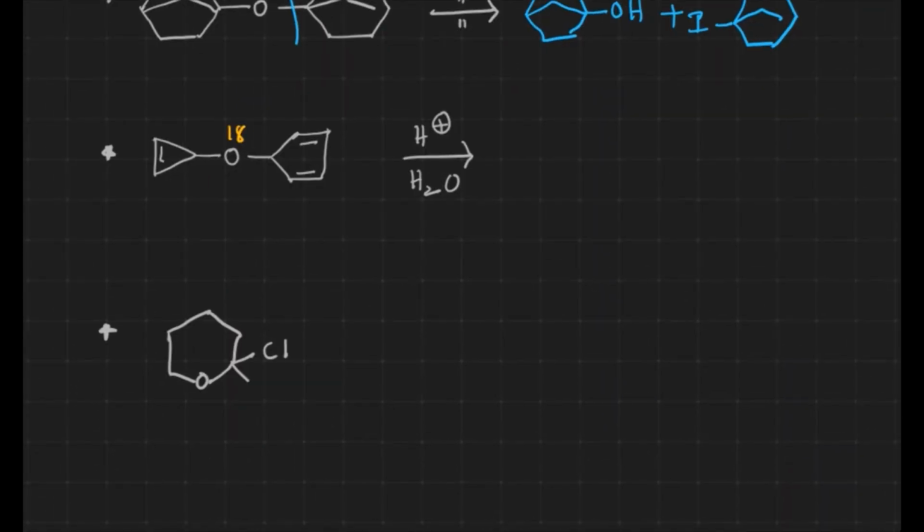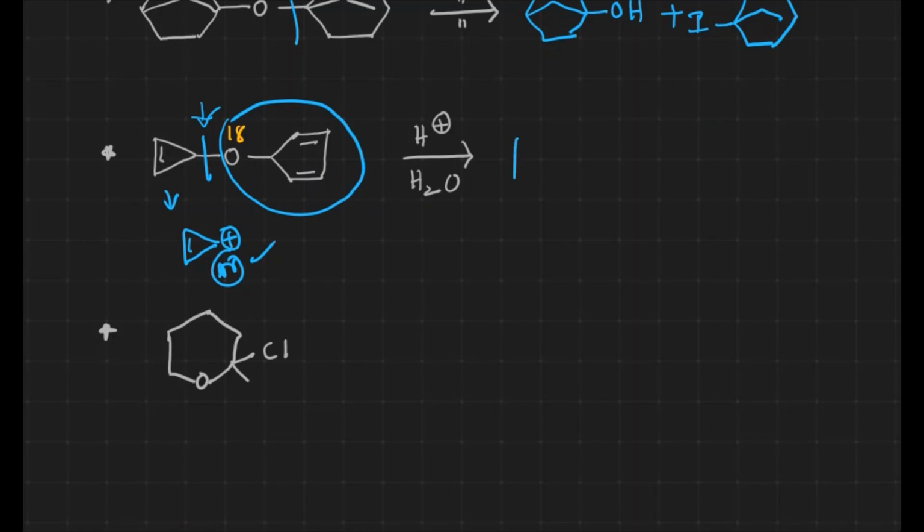Now the same thing we are going to discuss, but we have an isotope in the product. On which side is the isotope going to be? Initially we have to find where the bond breaking is going to take place. Now if bond breaking takes place over there and generation of this carbocation takes place, this is going to be aromatic. This carbocation is relatively more stable, because of which we can expect this bond breaking over there. If bond breaking takes place, this O18 is going to stay with the cyclopropenyl part only. That's what we can expect.